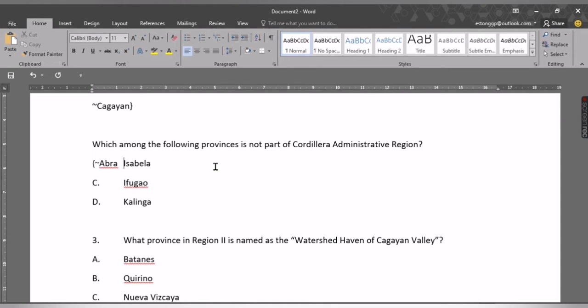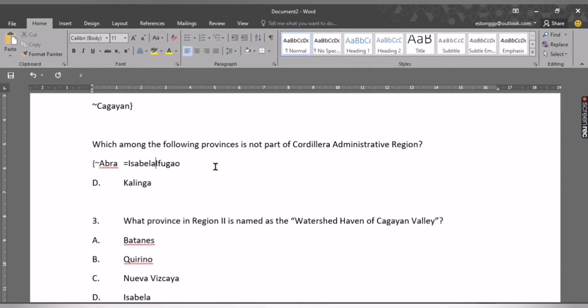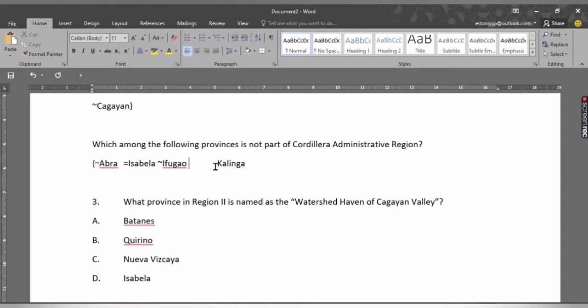Isabella is the answer, so we are going to put the equal sign. Ifugao is another distractor, so we're going to put tilde sign here, and another tilde sign here, and then close it with